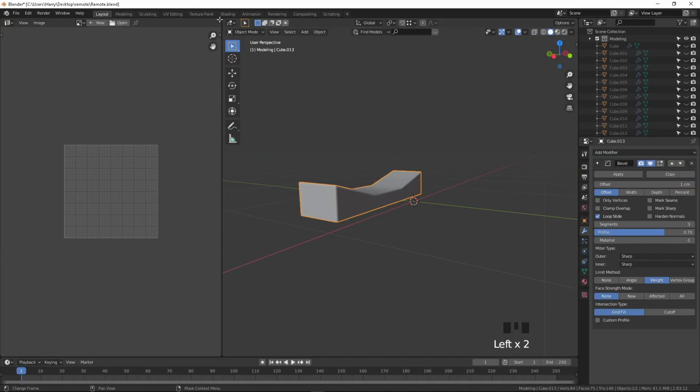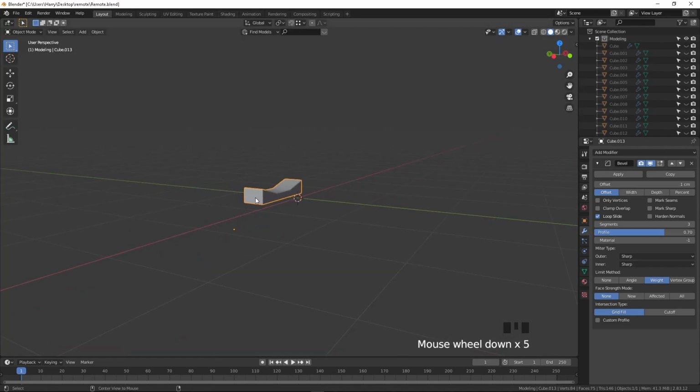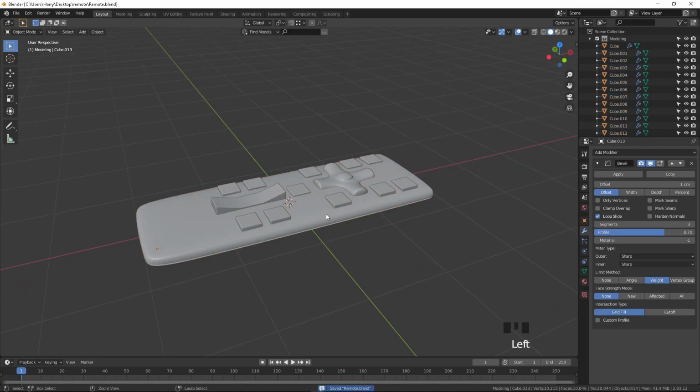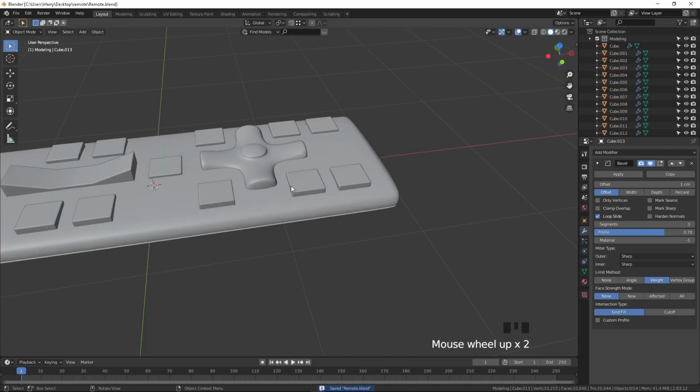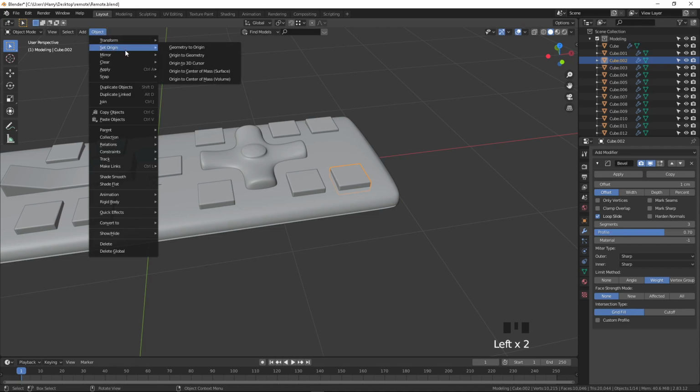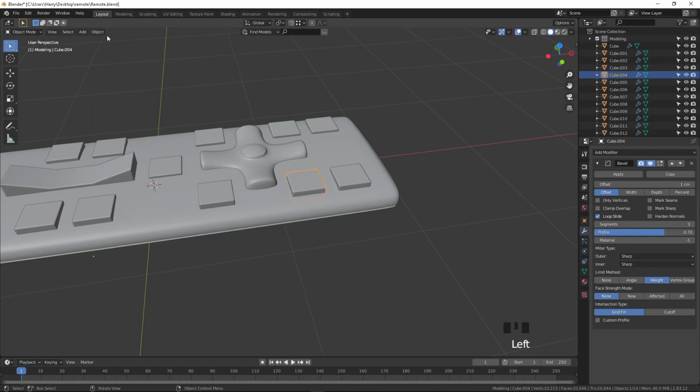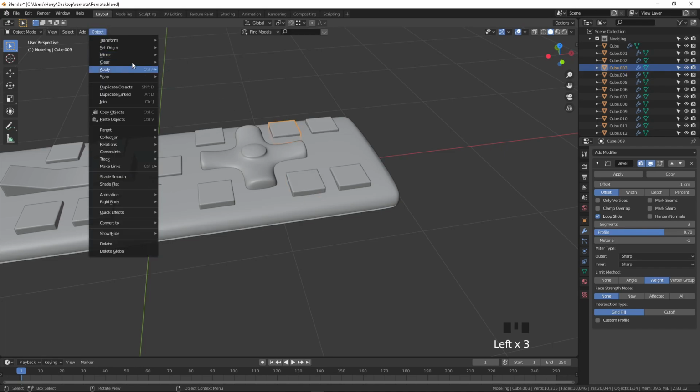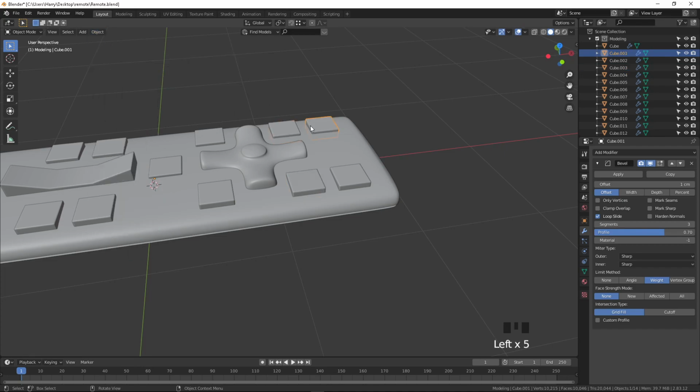Go to shading. Now I just close this window and press Alt H to unhide everything. Then before that we have to do the orientation for this, everything should be fine. Select this button, go to the origin, set origin to the center of the mass. Same thing I'm going to apply for all the objects. Actually I missed applying it before.